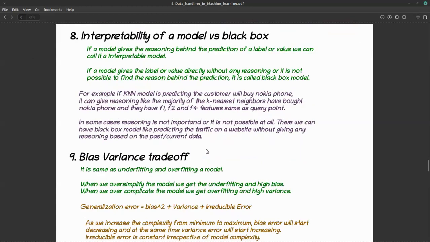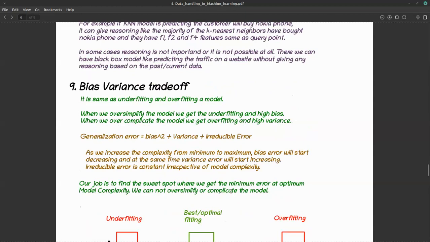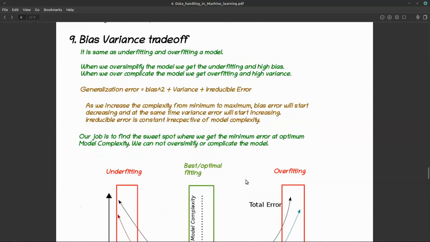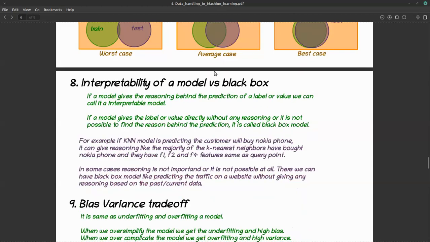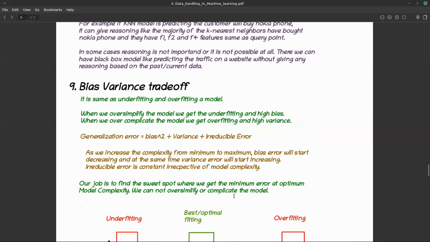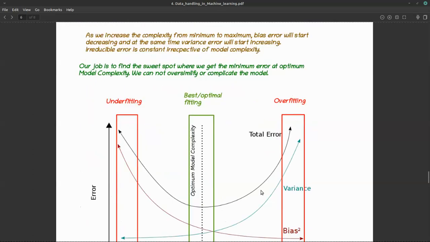I guess in RBF kernel or in SVM, mostly it's like a black box. If you're using SVM, it is mostly a black box model. There are some hacks, but mostly it's a black box model, right? Because it is taking all your features into a higher dimension, 500,000 dimensions, and trying to find something with the RBF kernel or anything. So it's mostly a black box model. You cannot really interpret that, right?